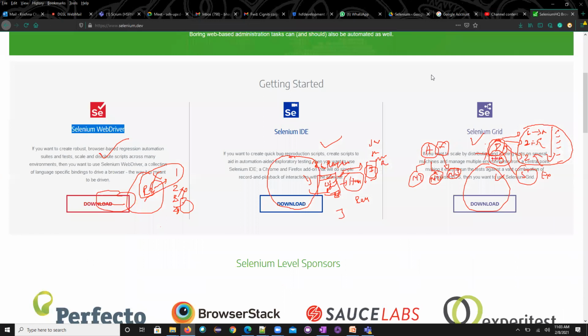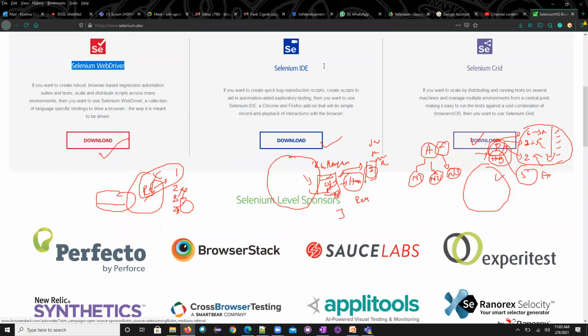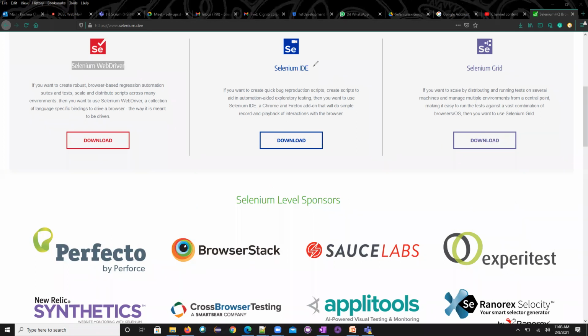Okay, fine. Now we need to understand these three. If someone asks you what are the components of Selenium, we need to say that there are three components in Selenium. We have discussed the IDE. We need to look into those videos, at least at a high level, to understand what the IDE is and what the Selenium Grid is. And we will be deep diving into WebDriver.